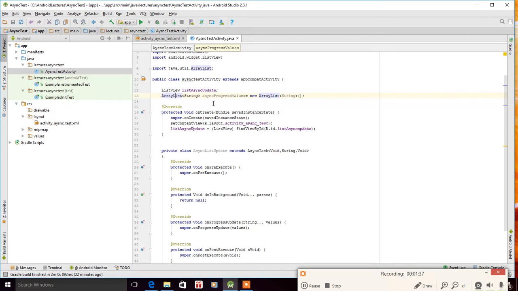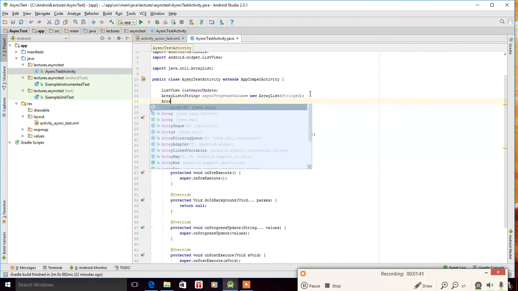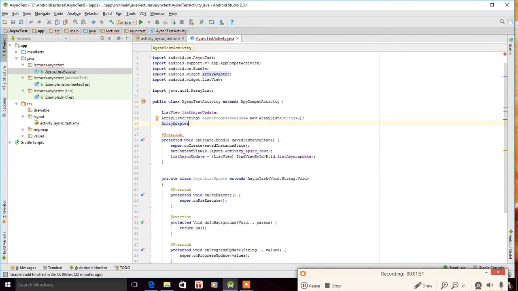So now we need to define an ArrayAdapter. You see, as soon as we defined the array list, we got a class imported. Now we defined an ArrayAdapter, and we automatically got this import, android.widget.ArrayAdapter. So let's name it adapter